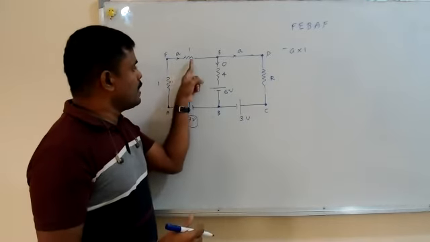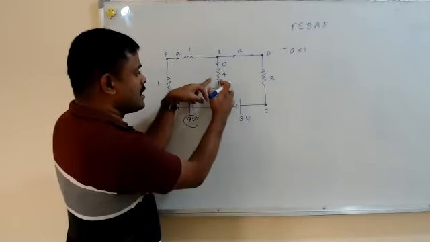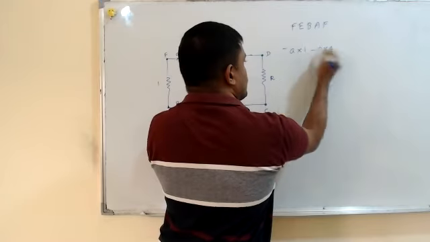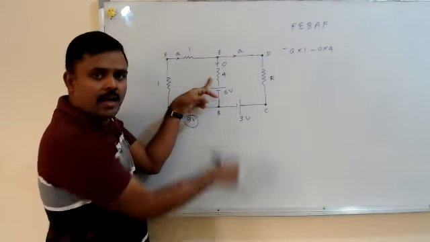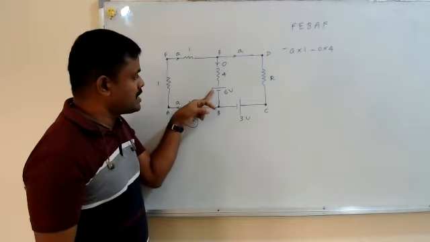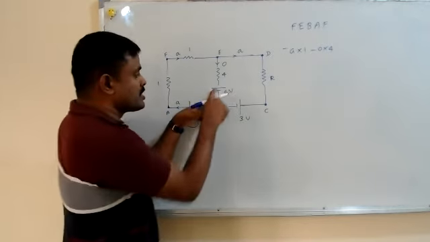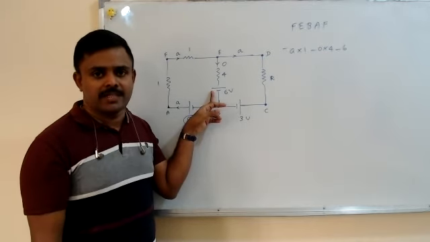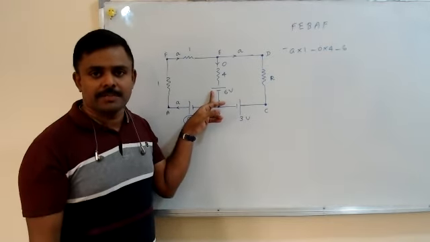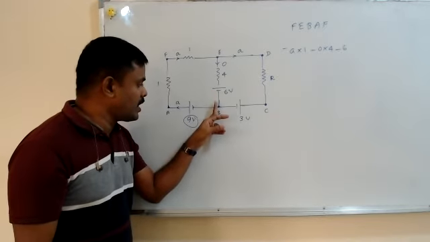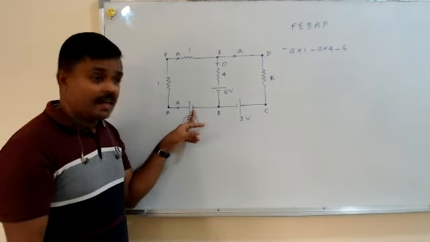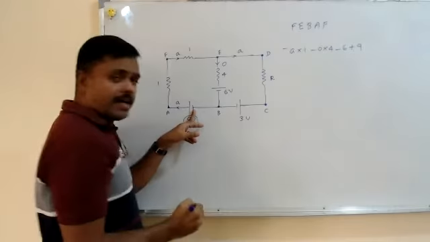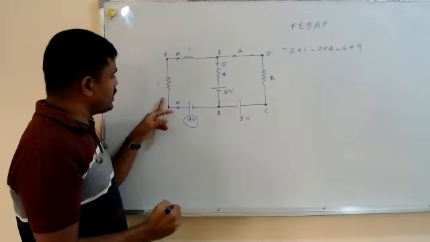Then you keep walking. I see the resistor here, no? The current is 0. The resistance is 4. So the second thing is 0 into 4. That is also negative because I have walked along the current. Then as I walk forward, I see the cell's positive. That means I have to put minus 6. When you see a cell's positive, EMF has to be taken negative. If you see a cell's negative, EMF has to be taken positive. I never stop here. I keep walking. I see the negative of the cell. Negative of the cell means I must write plus 9. Then I keep walking, I move here, and I see the resistance.